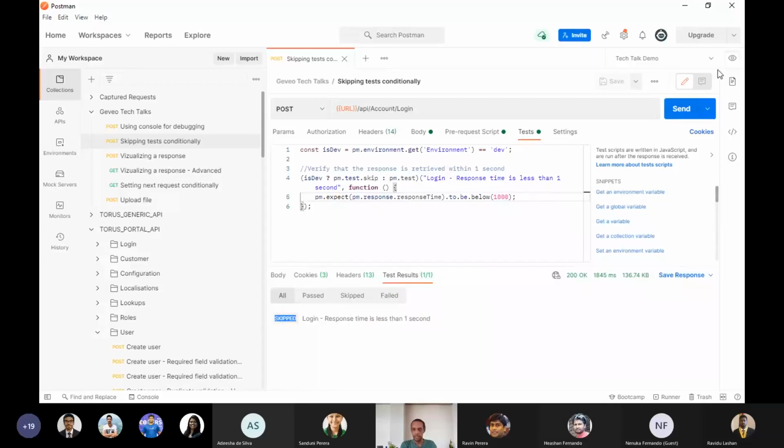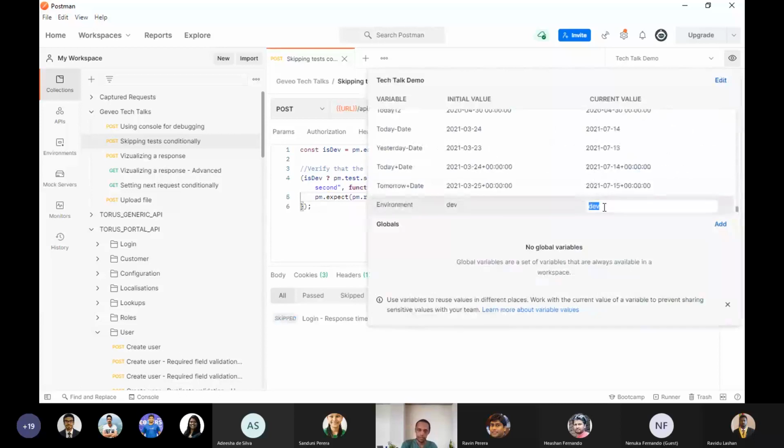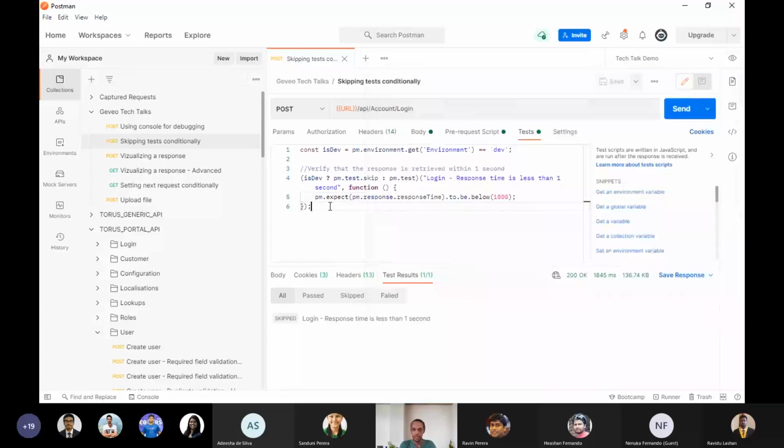But if I change this environment to prod, or something other than dev, because I'm just checking for dev here, the test will be run and it will fail, obviously, because this is the dev environment and it has taken 2 seconds and it's not below 1 second. So likewise we can use this skipping tests conditionally feature in many use cases